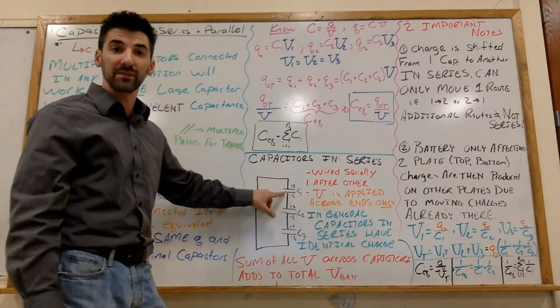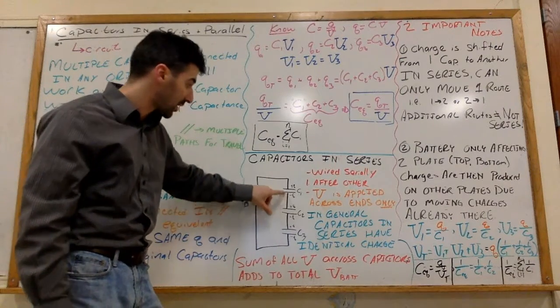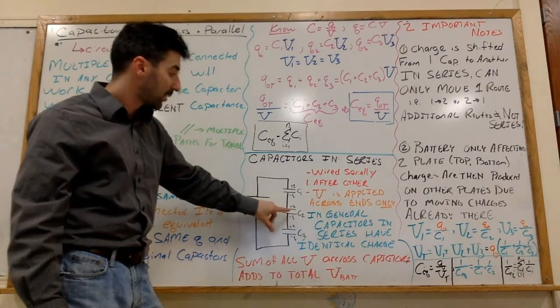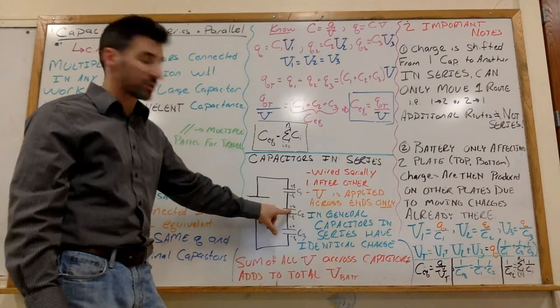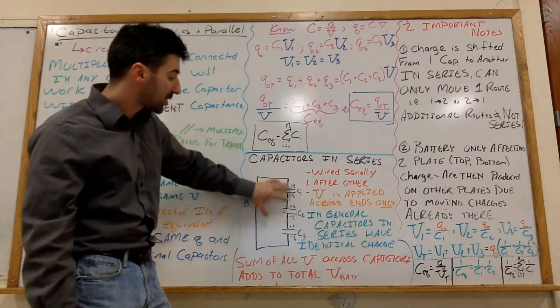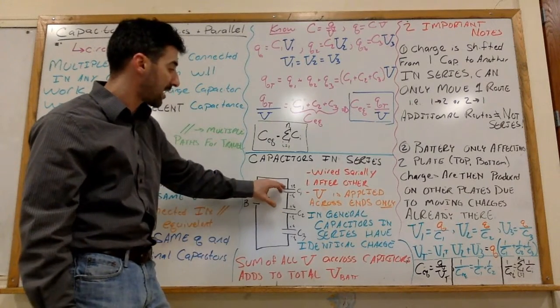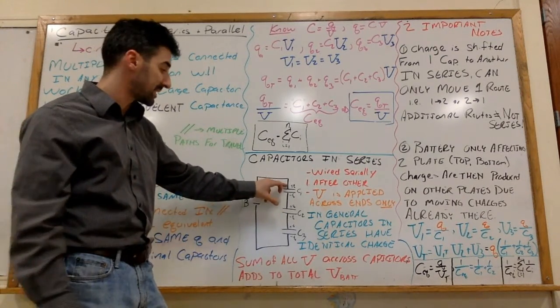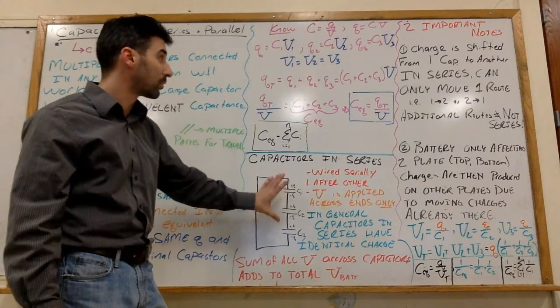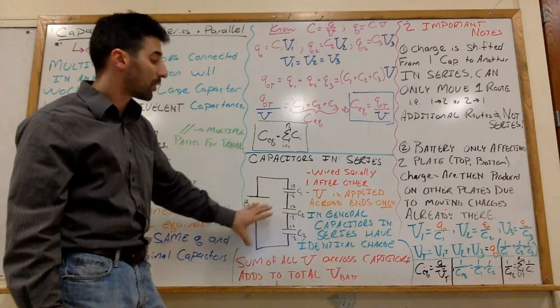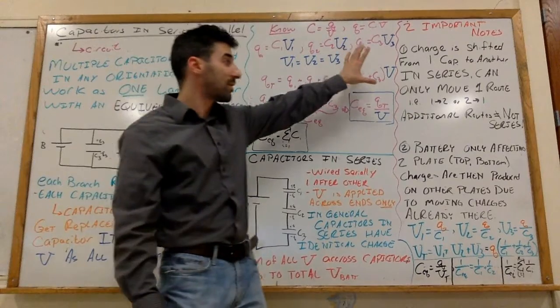Well, that bottom plate was full. It knocks out another charge down to this guy. Well, when this picks up that charge, it's going to knock out a charge. So basically, we have a rearranging of charges all due to the battery creating a potential from the top plate to the bottom plate, the only places that it's hooked up, which is telling us two things of note,